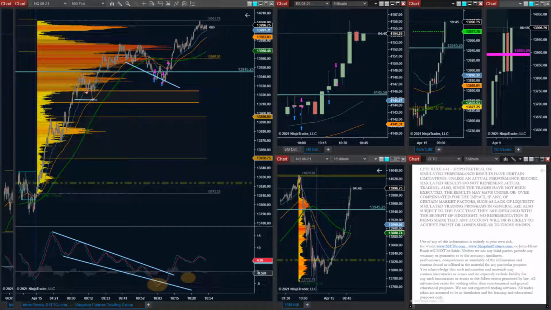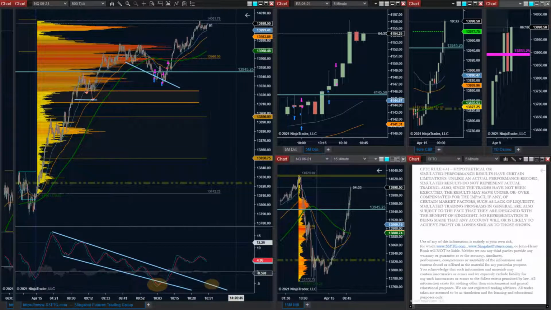Little bitty inside bar on the S&P 5-minute. This thing's just not going to pull back anytime soon. Eventually it will. Again, on the MACD, when we get that pullback, that would be the point of interest. Pretty far down here now. Might have to take a blow off. Either way, that's going to do it.